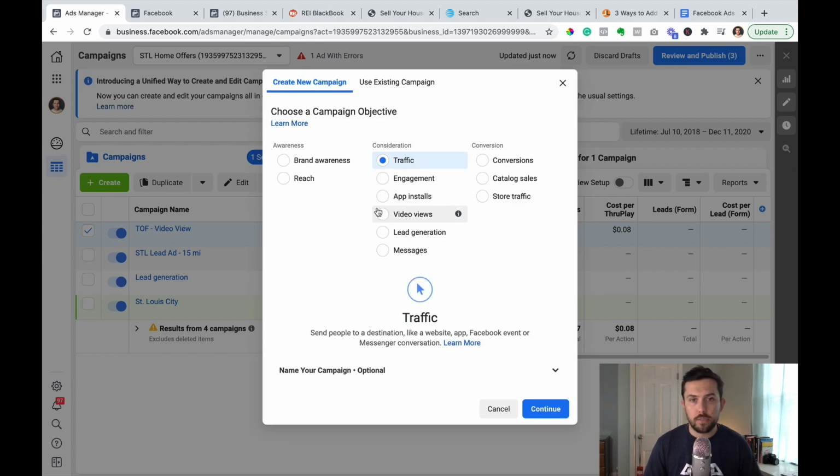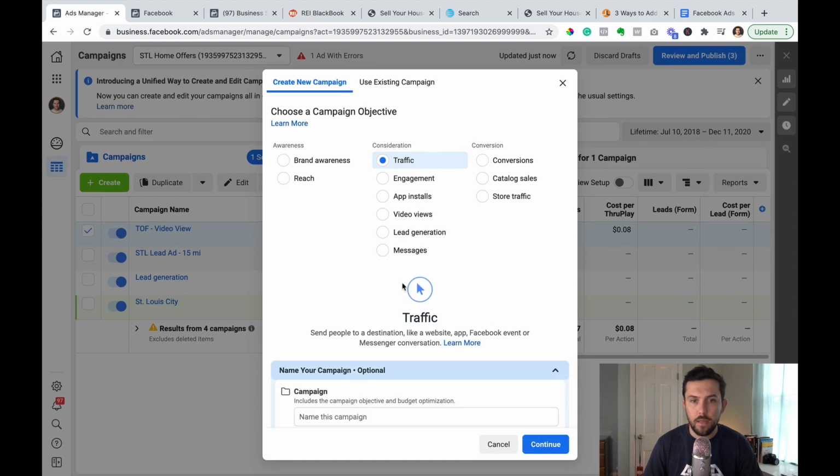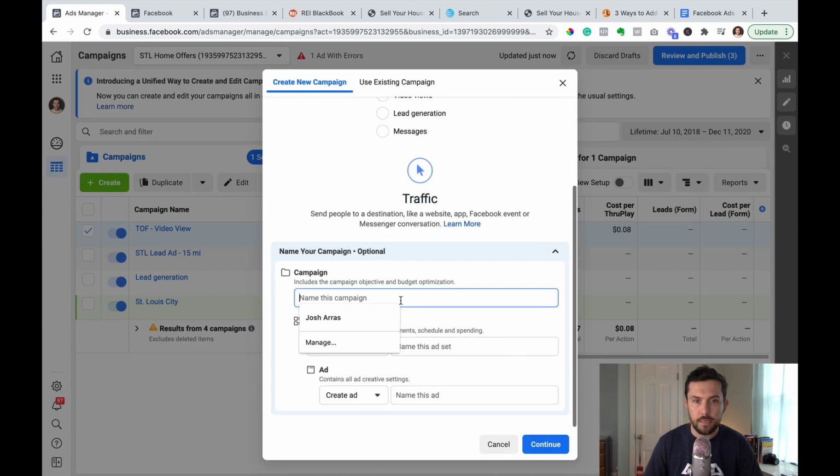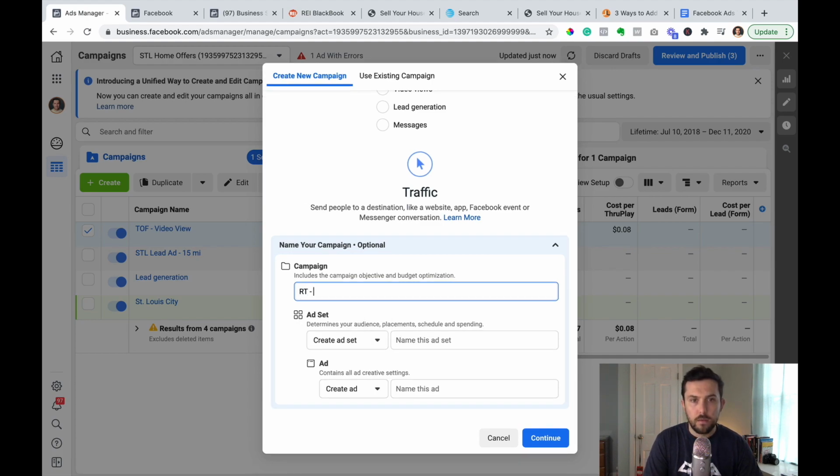All right, so we're just going to select traffic, and then we're going to name our campaign, ad set, and ad. I'm going to call this RT for retargeting, and we'll say sell your STL house fast, because that's what the ad's going to be telling them to do. We'll say the same thing.